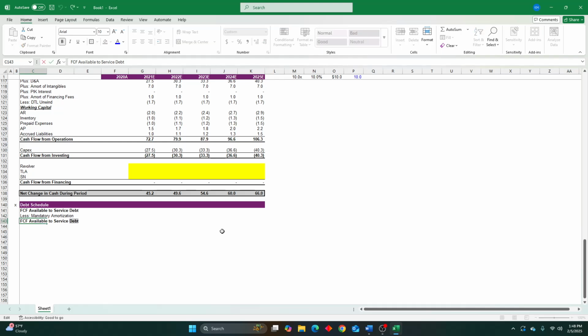Then after that, we'll have our free cash flow able to service our revolver. And so the important reason you have the revolver after your mandatory amortization is if you have a negative cash flow available to service debt, or it's not enough to cover your mandatory amortization, you're going to want to draw on the revolver, and so we'll model out what that will look like, but that's why it's listed second. This will be less our revolver drawdown